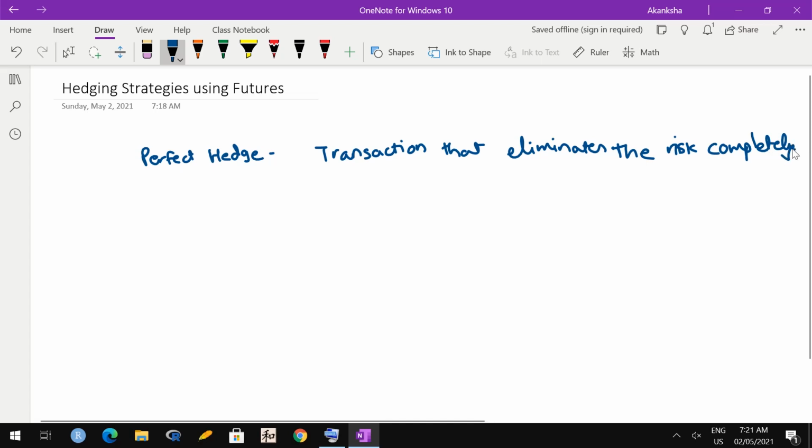However, it is not possible to have a perfect hedge for a variety of reasons, and one of the reasons is that the time at which you would need to buy or sell a commodity is uncertain. This is more true in the case of commodity based portfolios than shares. For individual investors like us who are investing in shares, buying and selling at any time is fine.